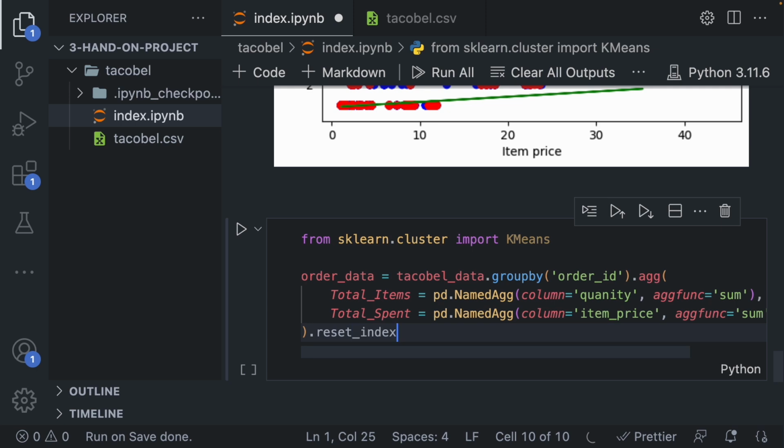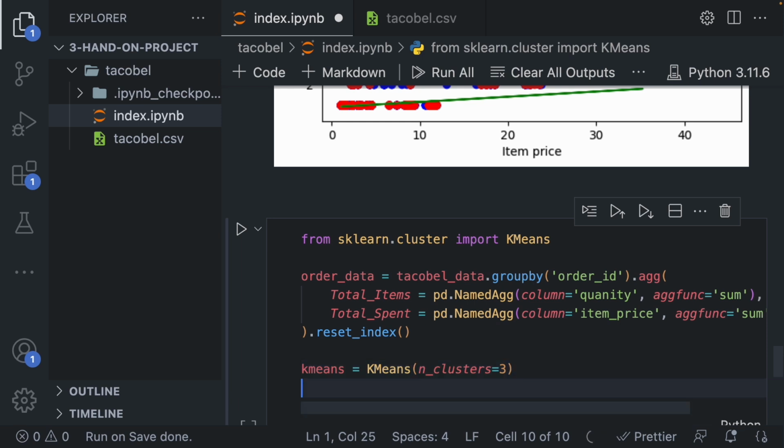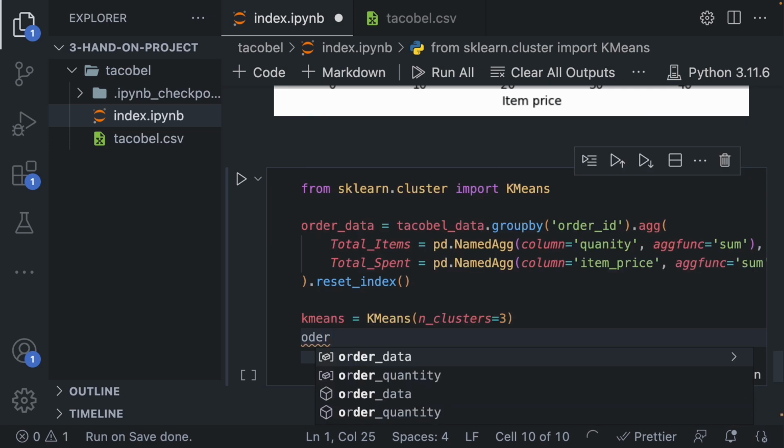Dot reset index. Alright, so we then apply k-means clustering with the aggregate data. K-means equals KMeans of n_clusters equals 3. So this is going to create 3 clusters. And then we have our order segment